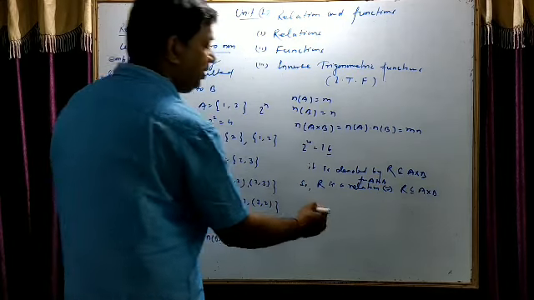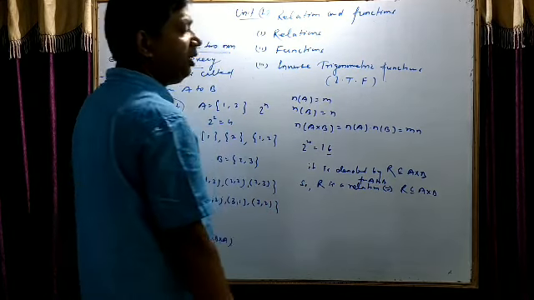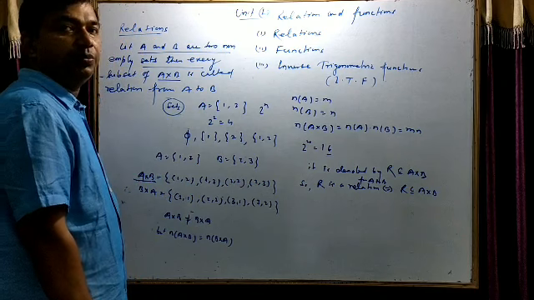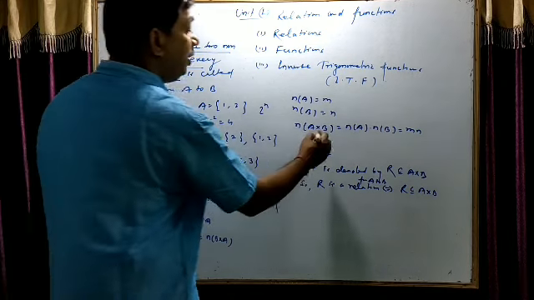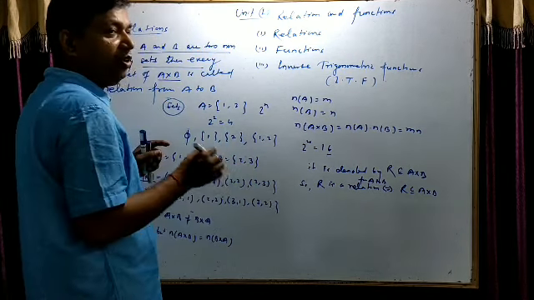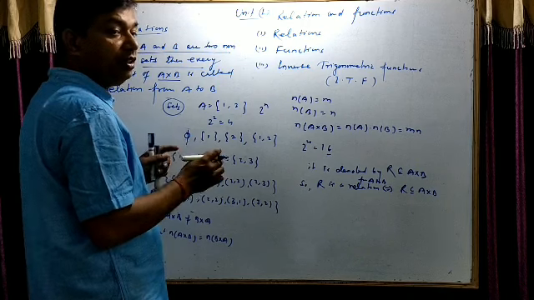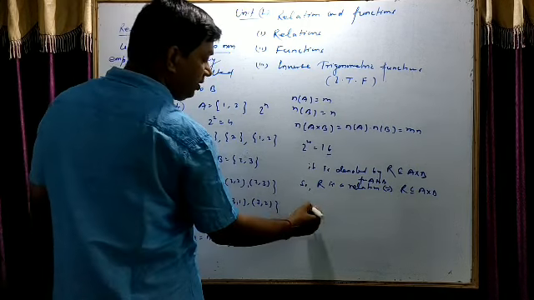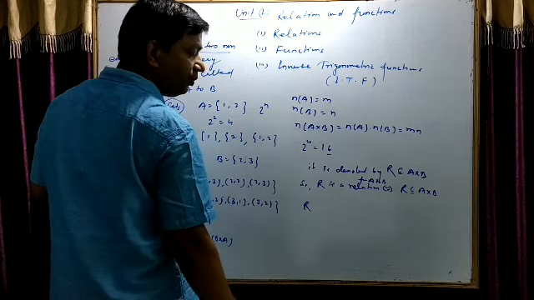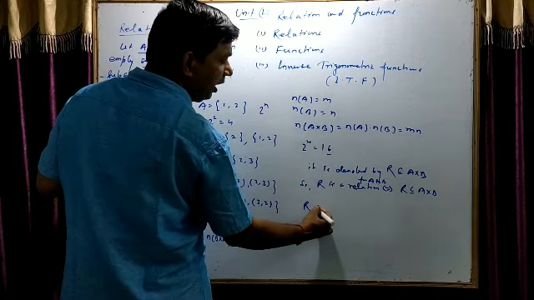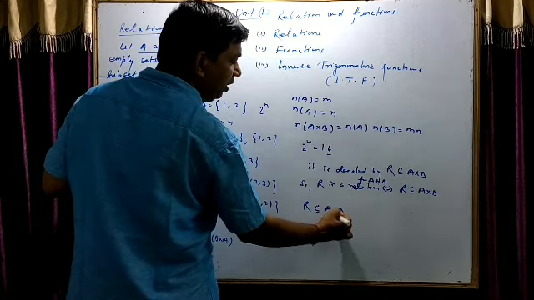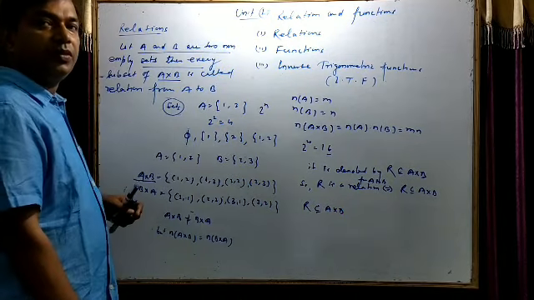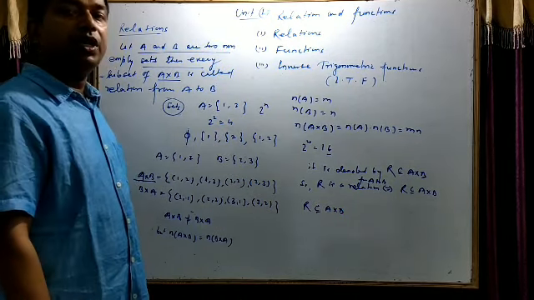So anywhere if it is written R is a relation from A to B, that means it is a subset of A cross B. Now here relation is nothing, it is a rule, and a rule is always defined, and defined means it is defined on a set. So from one set to another set, because one rule is there. Suppose R is a rule, and one more thing, if I write R is a subset of A cross B, what does it mean? R is not a real number.